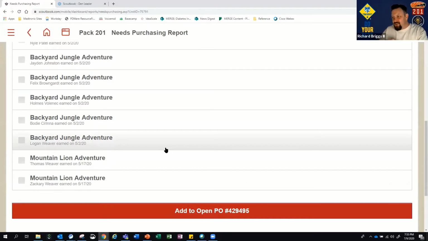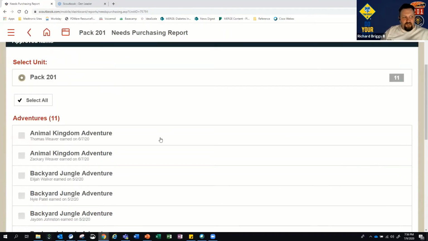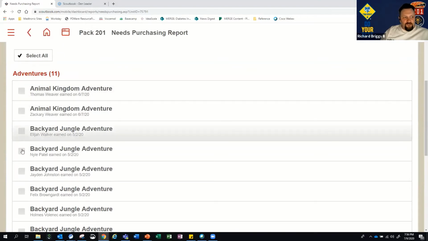Somebody sent you a spreadsheet and nobody put it on the spreadsheet the same way and all that stuff. When you do the needs purchasing report, these are anything that has been approved by the leader. So it's already been signed off. It's already been entered, signed off, and now is pending purchasing. And you now have a shopping list